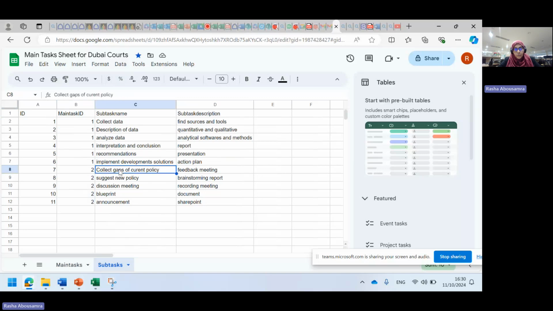It includes collect gaps of current policy, suggest new policy, discussion, meeting, blueprint of the policy, and announcement for everyone. So these all are subtasks, 5 subtasks belonging to one main task, right? And then again, I need to add a subtask